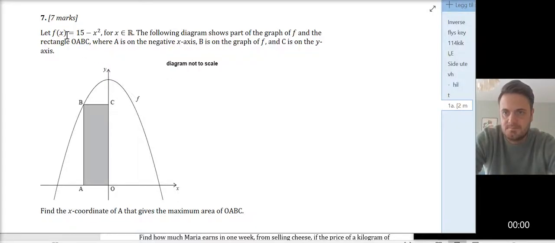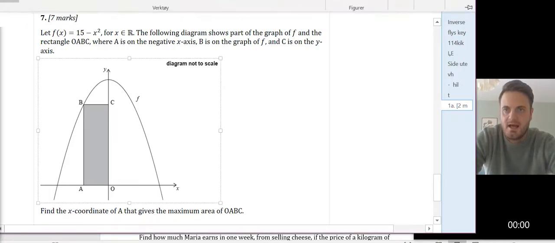Exercise 7. We have a graph of f of x equals 15 minus x squared. The following diagram shows part of the graph and the rectangle OABC, and so on. Find the coordinate of A that gives the maximum area of the rectangle